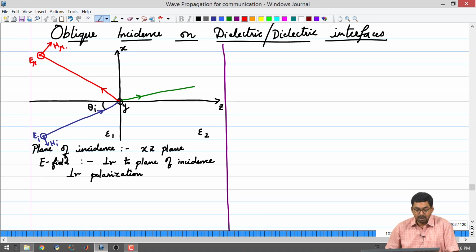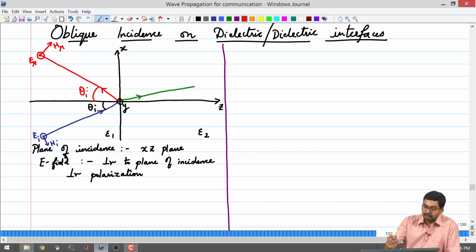Now, there is another quantity that we still need to mark, the angle of reflection. I think many of us already know that the angle of incidence is equal to the angle of reflection. So, you could mark it directly as theta I. Theta I is equal to theta reflected. So, we just use one variable to denote the angle of reflection.